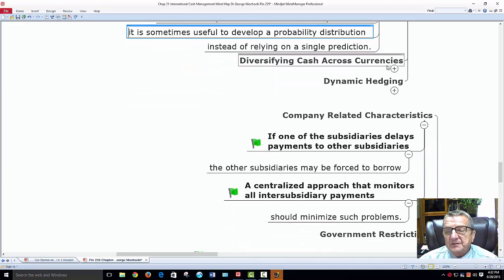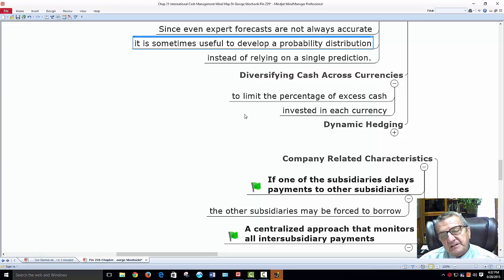Okay, so now we have that diversifying cash across currencies to limit the percentage of excess cash invested in each country. I have to know what to do with extra. I mentioned before when I used to belong to the Catholic Polish American Union. I mean, it's just because I'm a member, and there's a lot of associations out there to help immigrants. When they come in, they help them out because of nonprofit, and then to help other immigrants and networking coming in. So you see a lot of people from India. You see a lot of people come in there, and all of a sudden they have a business or something else. It's because someone is helping them. Eventually, it's a network, and they help each other.